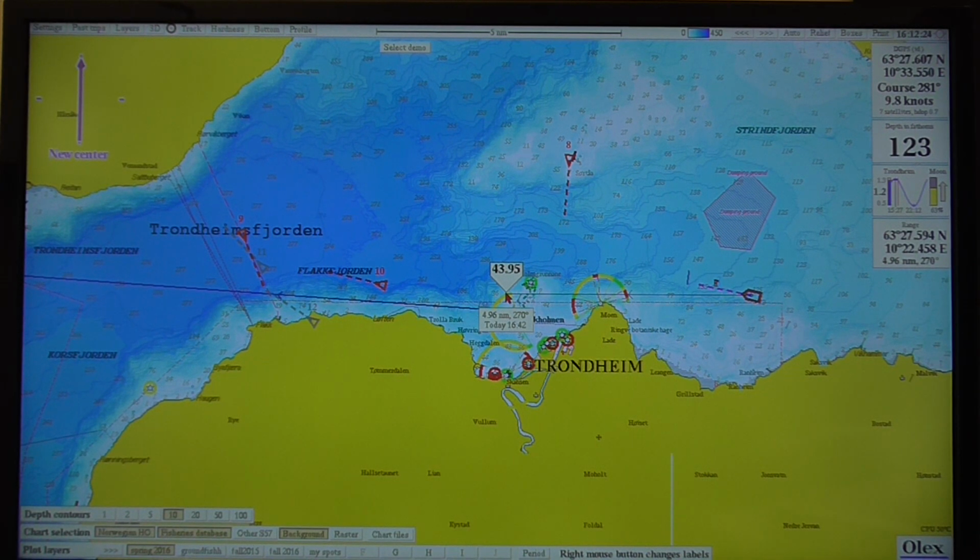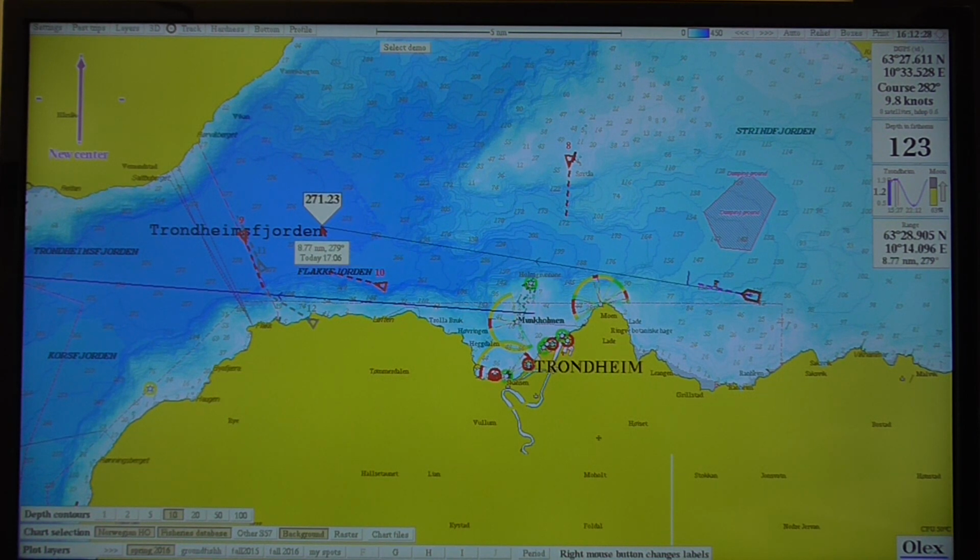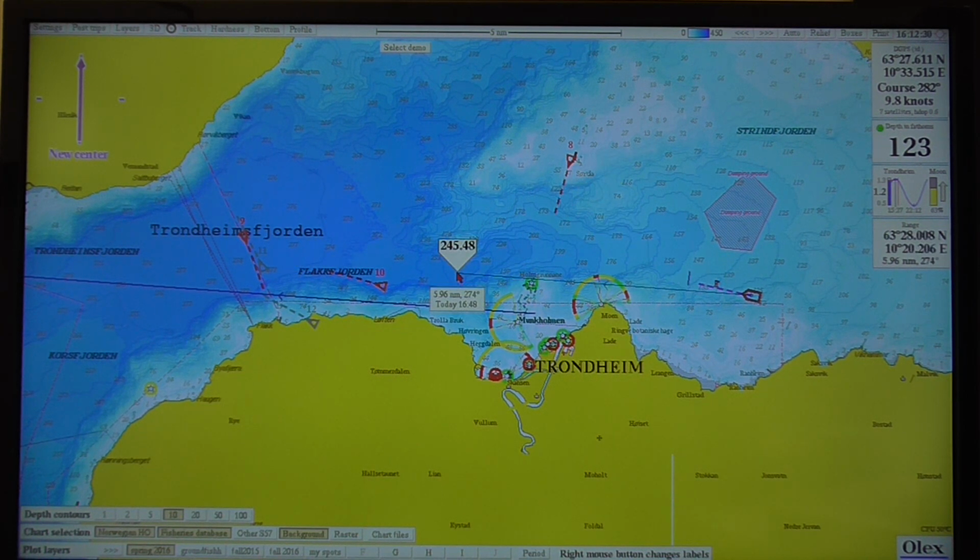Okay, Brian, back from McKay Marine in Canada, going through the Olex system. Basically, we're going to talk about the ARPA function. So, ARPA,